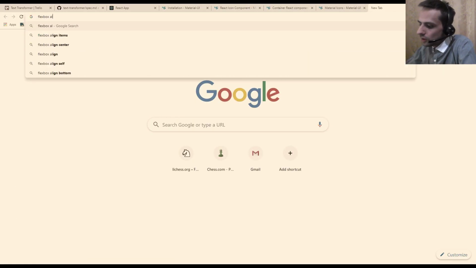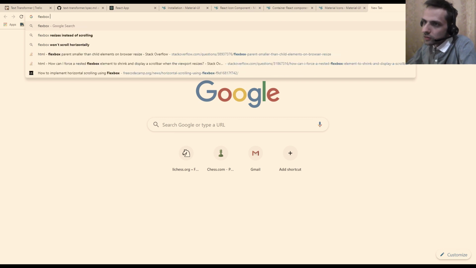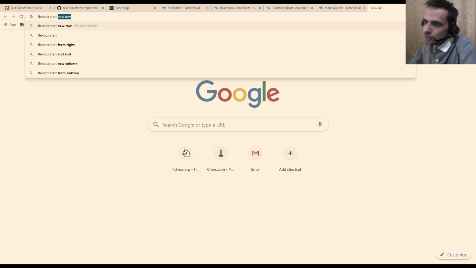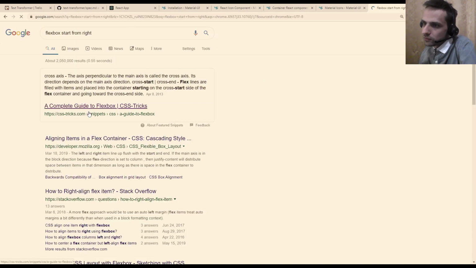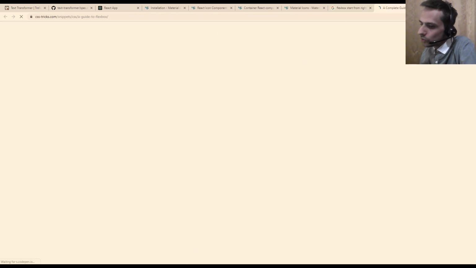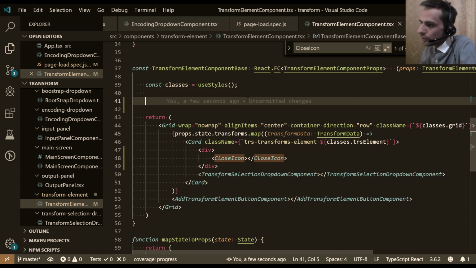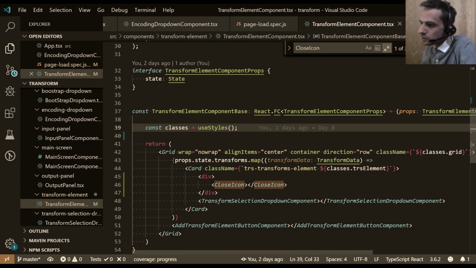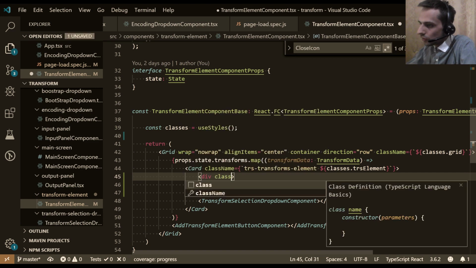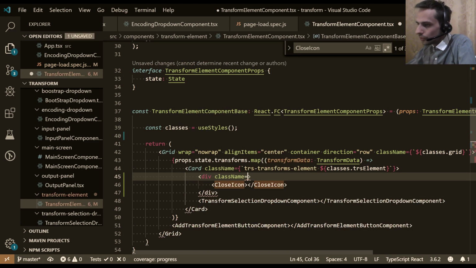Flexbox align right. Start from right. I think there is a way to do this with a flexbox. If I make this div a flexbox, so I will immediately set class name to